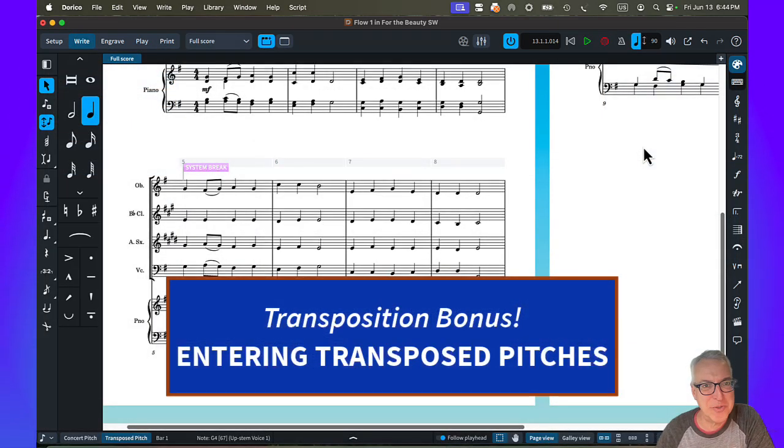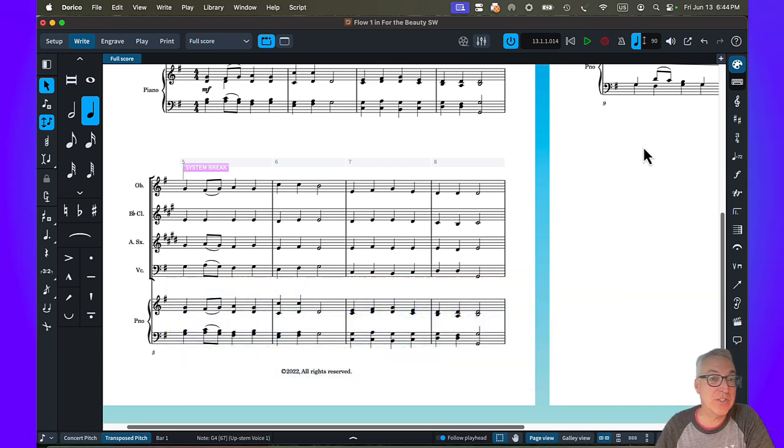One final little Dorico tip. Since this video is about transposing instruments, I wanted to show you that you could actually play the notes in at their transposition. So for instance, we're in transposed pitch here, and the alto sax has in these 2 measures E, F sharp, E, E, E, D sharp, E. So if I wanted to actually play it at that level, let me go ahead and delete these 2 measures